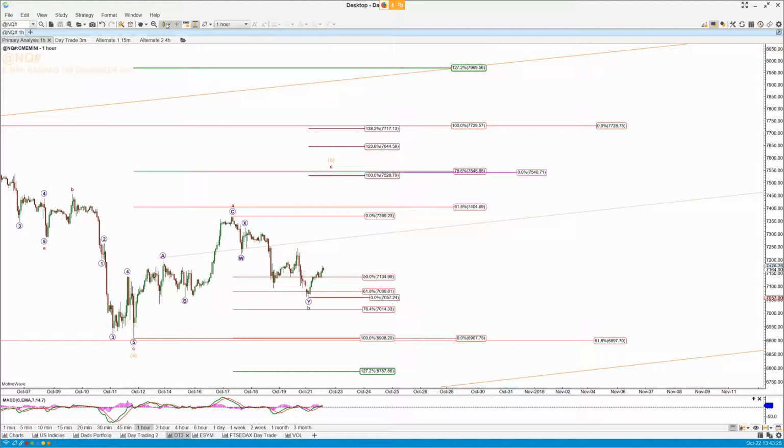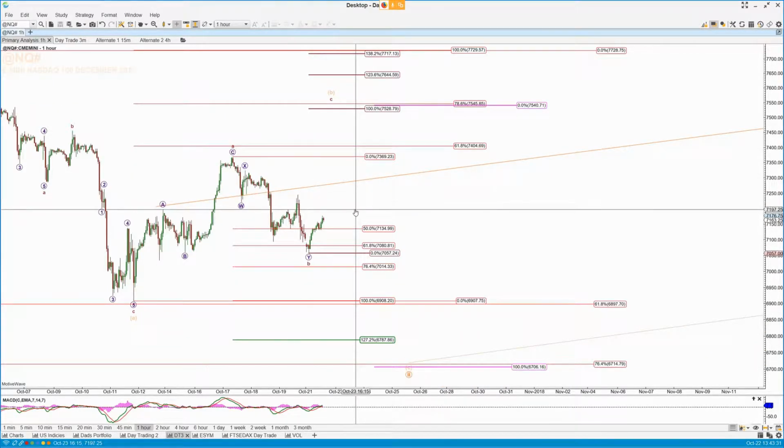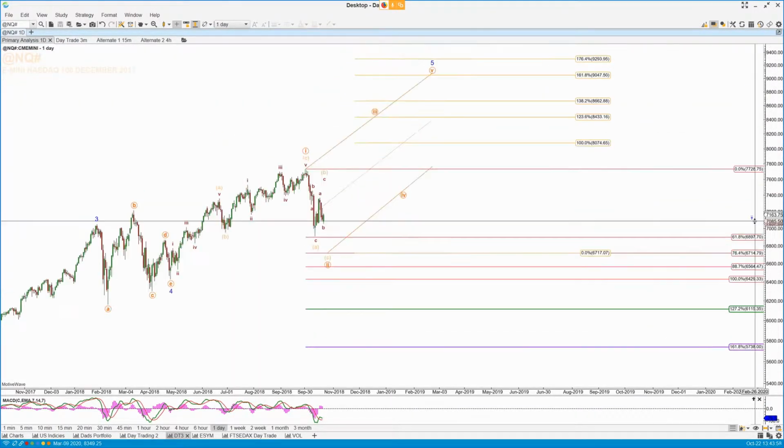up strongly. We need to take out Friday's high of day next in the NQ up here at 72.47, and I don't think we're going to do that in one move. Again, like the ES, I think this is all part of a wave one of this C wave here. I'm looking for the C wave again. 786 retrace at 75.45 lines up with the 1.0 in terms of this A wave and this C wave. So this move and this move being equal in length, and if we see that, then it lines up beautifully